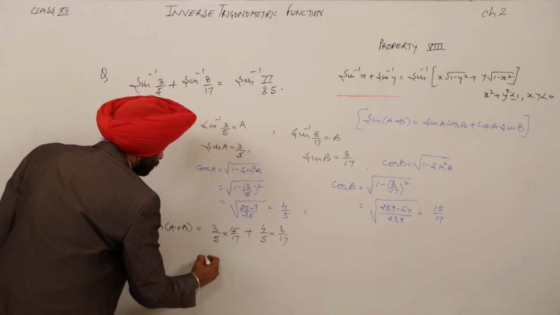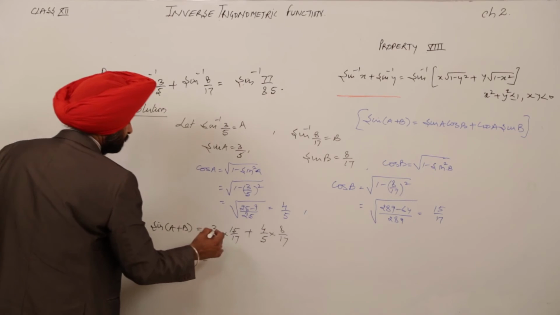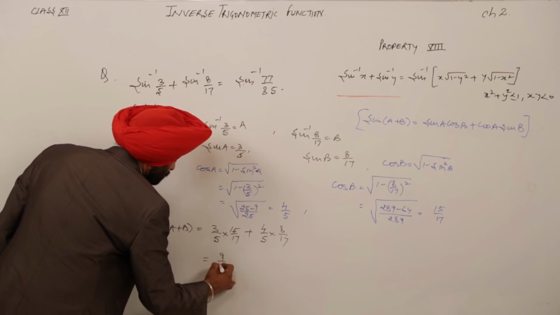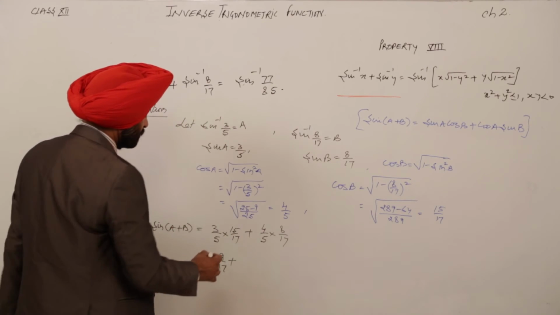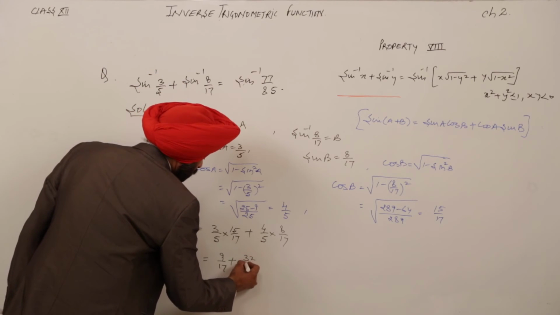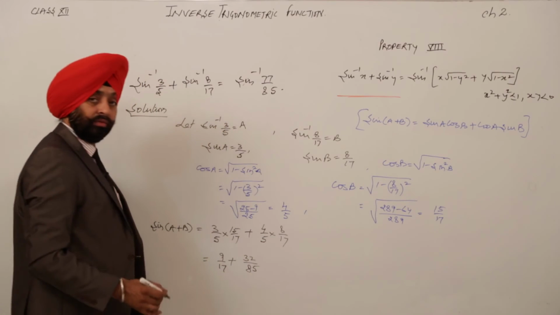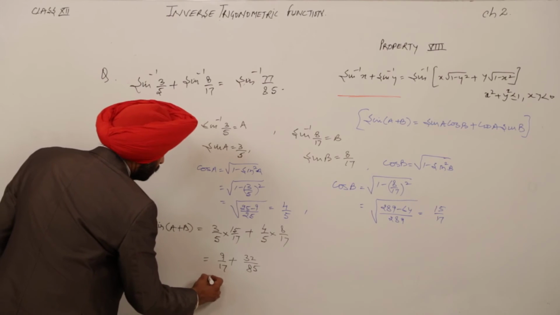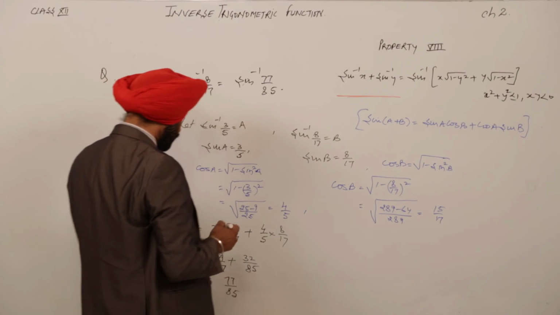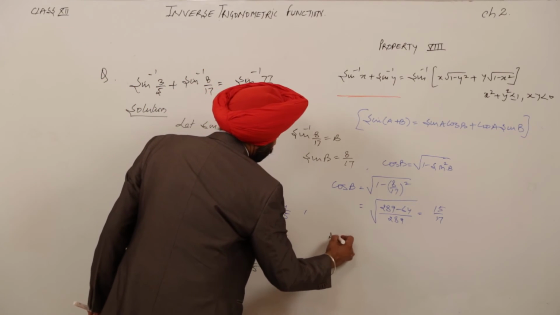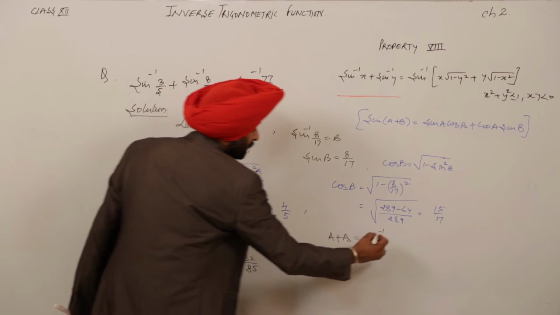Now after solving this, what are we getting? When we solve this part, we get 9 by 17 plus, we can cancel the 5s, 32 upon 17 times 5, that is 85. Okay. After solving this, we get our result, that is 77 by 85. So we can now write a plus b is equal to sin inverse 77 by 85,